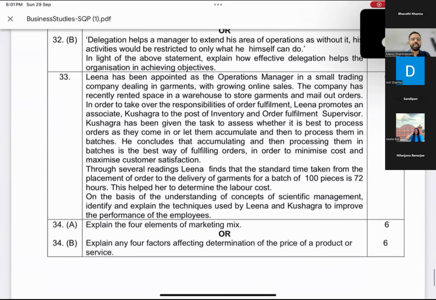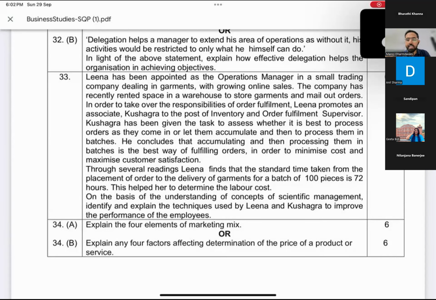I will directly come to this category of long questions. As you are seeing, in the 34th question, they have directly asked, explain the 4 elements of marketing mix and explain the 4 factors affecting the price. So this is the category of remembering and understanding based questions. This is where CBSE has given freedom, or we can say liberty, to the student, which they have taken from the MCQ category. Because the MCQ category we have made very competitive and very analysis based. So we have given that liberty to the student in these types of questions.